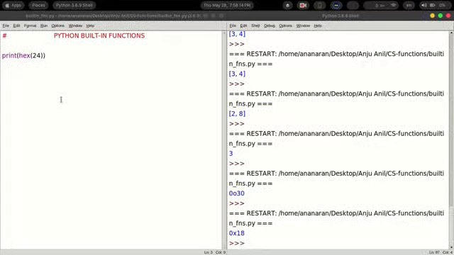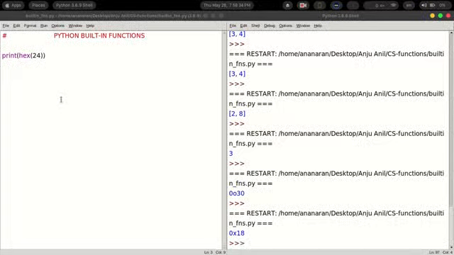Apart from these mathematical functions, you have another two functions, the int and the round function. The int function is the same as converting to an integer value.